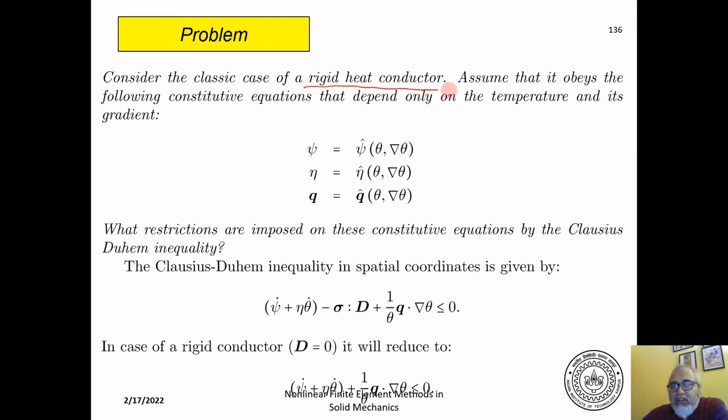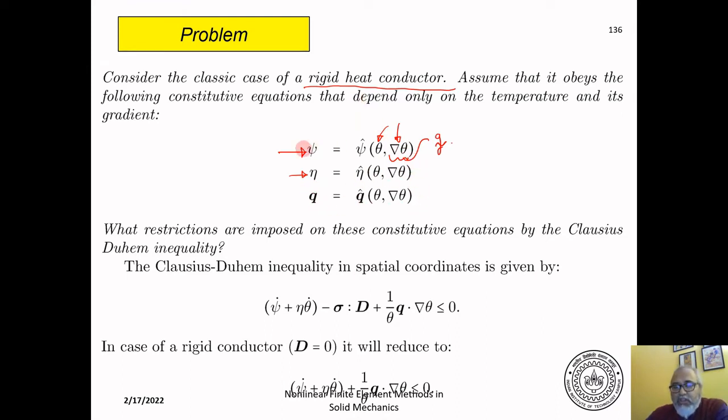A rigid heat conductor is a body which is rigid. That means it doesn't undergo any deformations, but it conducts heat. So let us assume that we have the free energy per unit deformed volume. It's a function of the temperature and the gradient of the temperature. This gradient of temperature, we'll call it by a vector g. The entropy is also a function of the same things, and the heat flow vector is also a function of